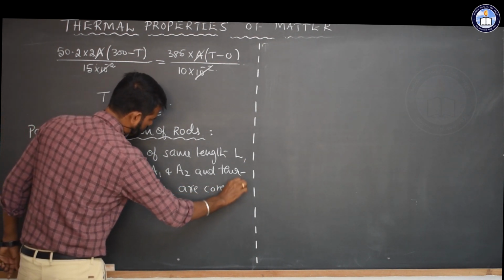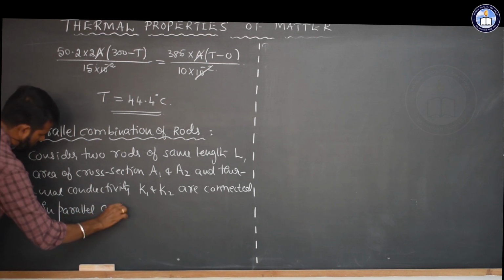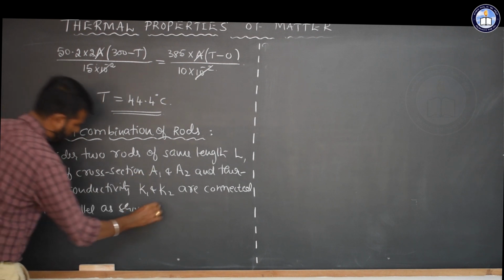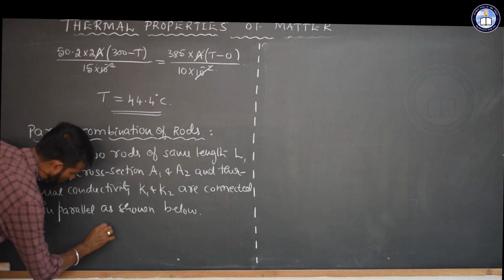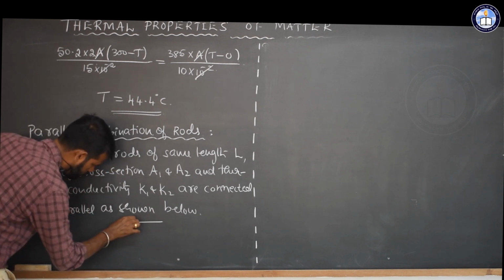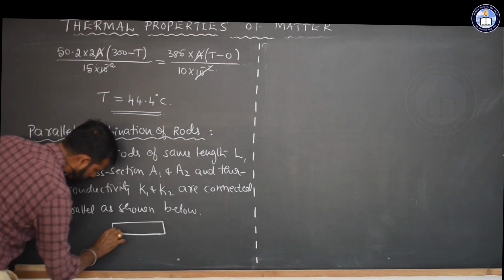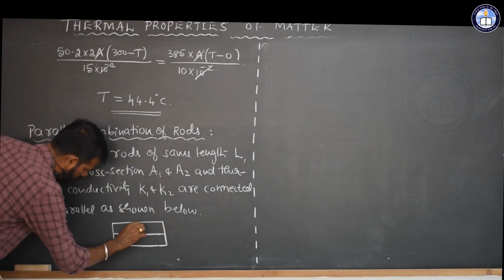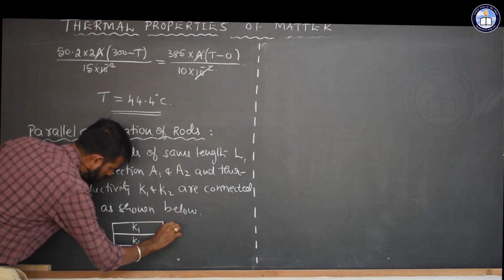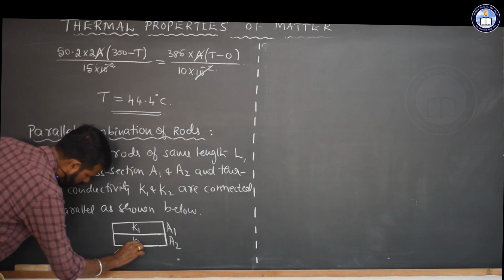are connected in parallel as shown below. That means you have to consider two rods here. Two rods of thermal conductivity K1 and K2, area of cross section A1 and A2, they are of same length